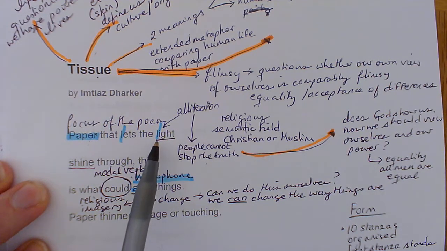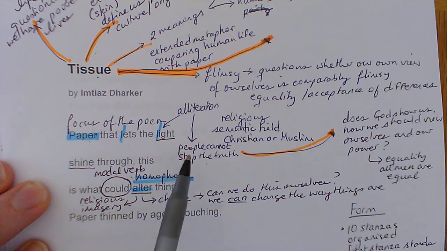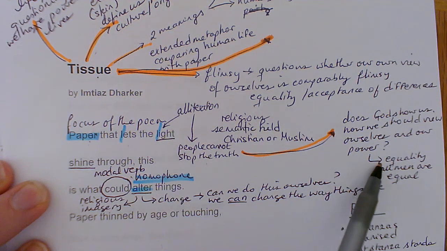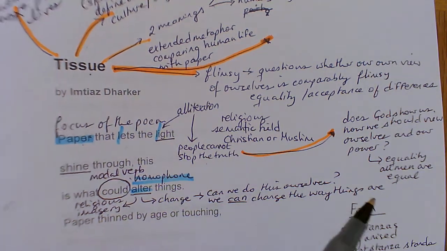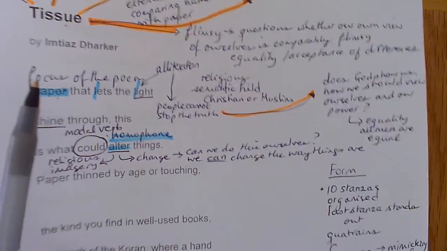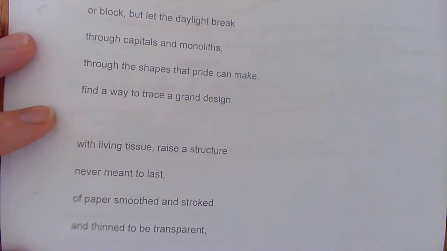However, we cannot, because we let the light, and that alliteration, we cannot stop the truth from outing, which is that we are all equal, and therefore there's a should. We should change the way things are. We should change the way that we are not equal here on the earth. And actually, the way she ends the poem then, it's useful to... She talks about the end of the poem.